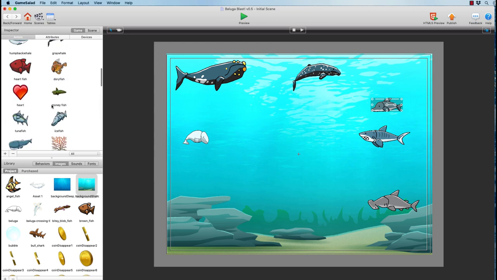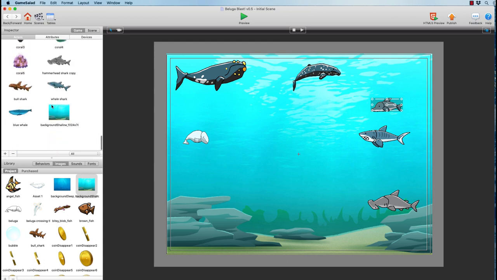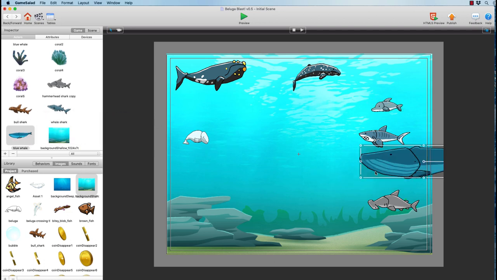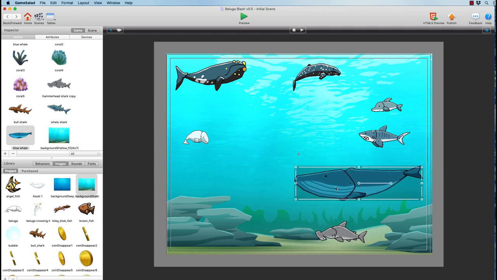And then what else did we add? We created a blue whale, didn't we? Where's our blue whale? Probably down at the bottom. There's a big old blue whale. Great. So this is great. We've just added some objects: a beluga, right whale, gray whale, dolphin, great white shark, blue whale, hammerhead.